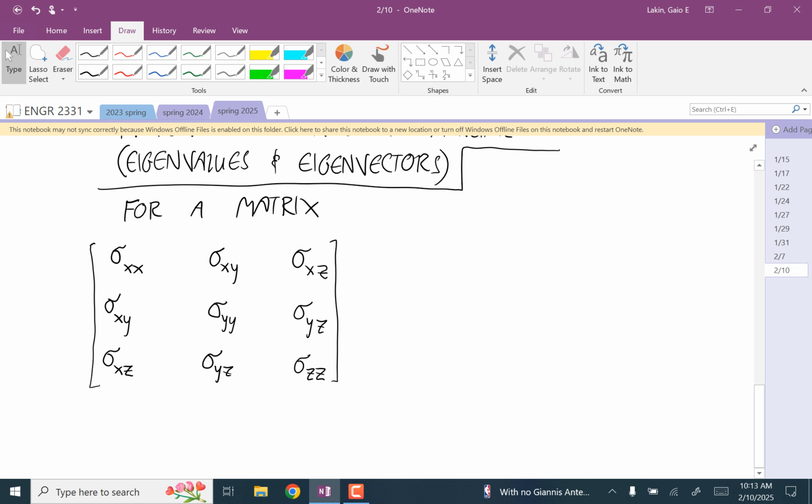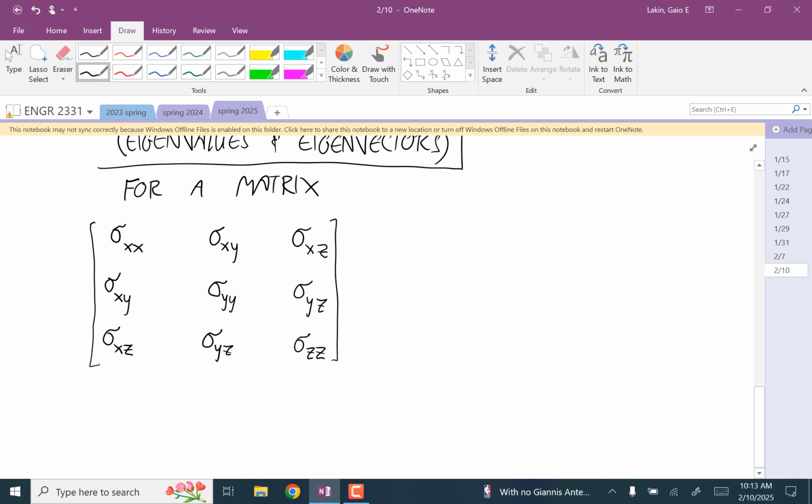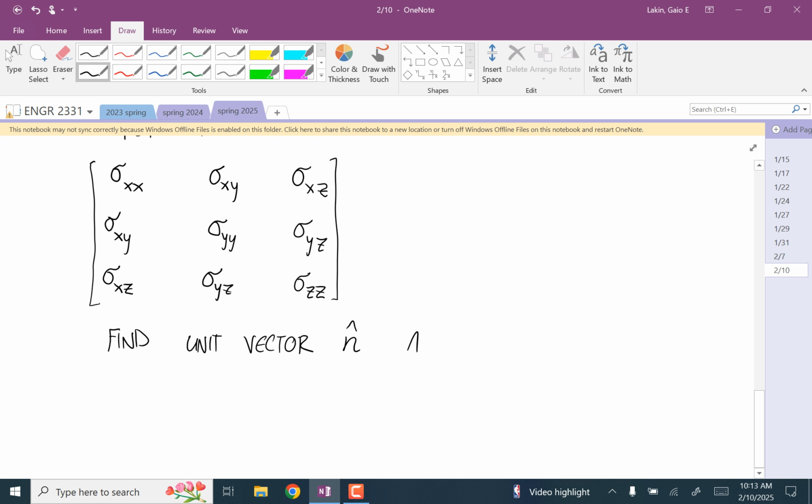And we're going to be looking for a unit vector n and a constant lambda